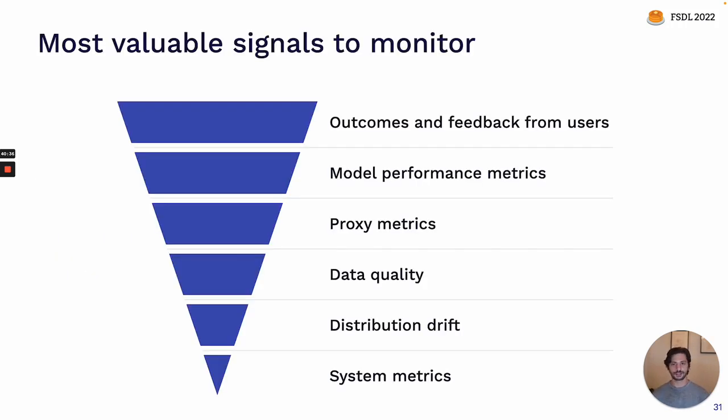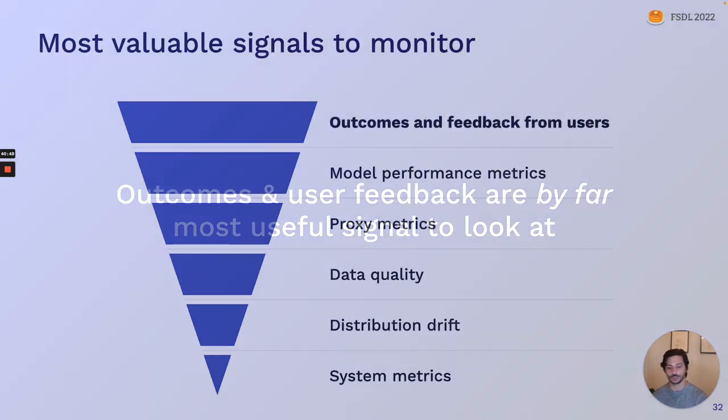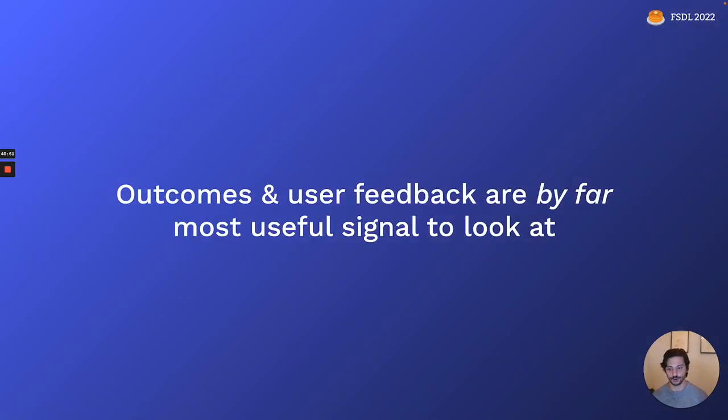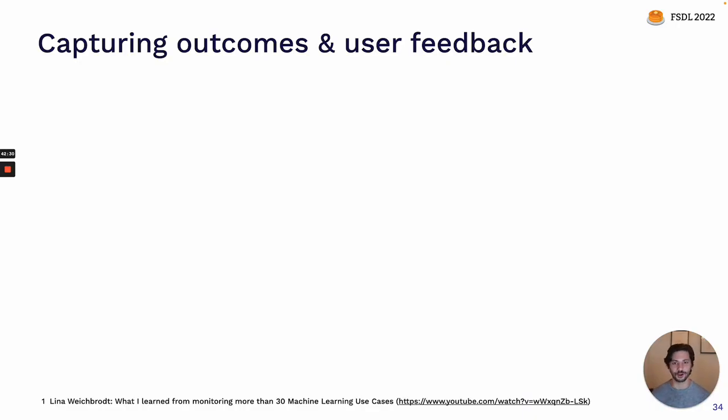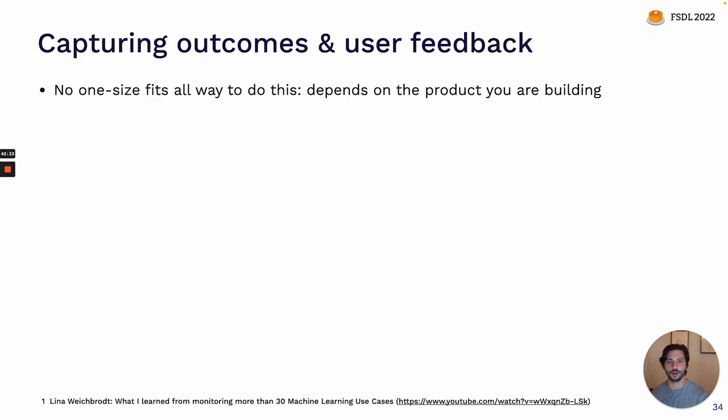And here are the different types of metrics or signals that you can look at, ranked in order of how valuable they are if you're able to get them. So the most valuable thing that you can look at is outcome data or feedback from your users. If you're able to get access to this signal, then this is by far the most important thing to look at. Unfortunately, there's no one-size-fits-all way to do this because it just depends a lot on the specifics of the